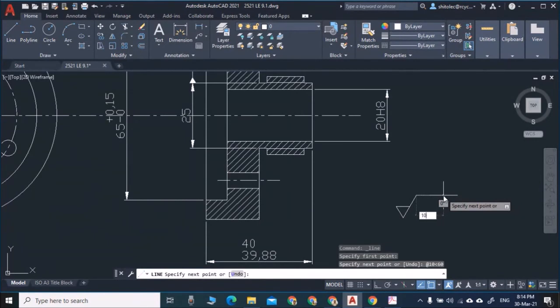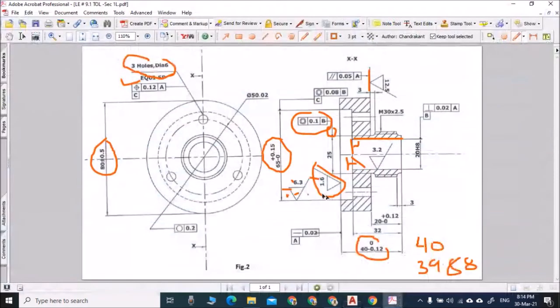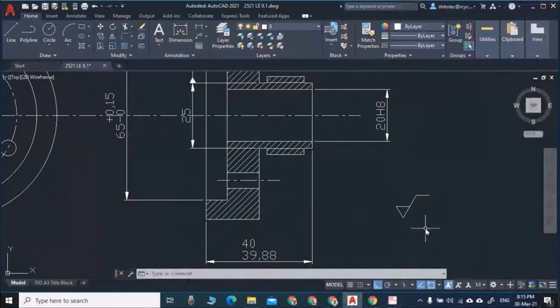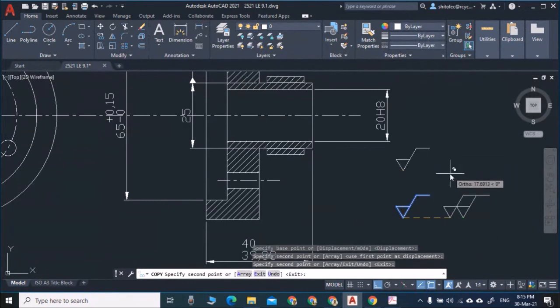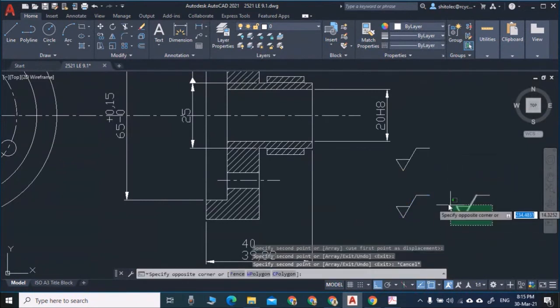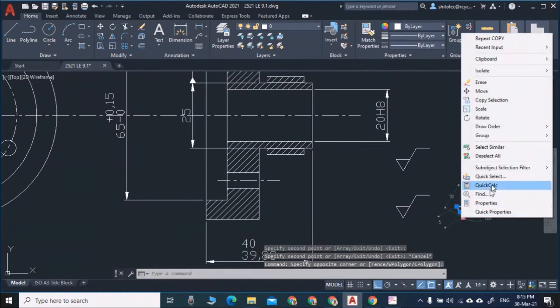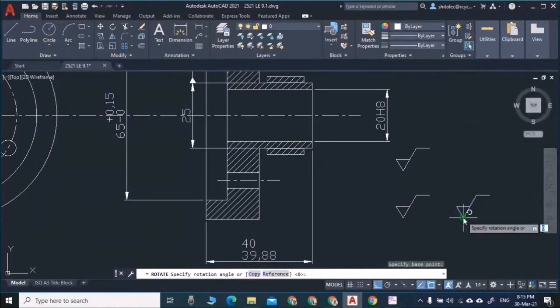See now, and horizontal also again 10. This arrow, I need this, and I can make this arrow vertical, rotate, about how it is asked of you. Here it is horizontal, here it is vertical. So I can keep this arrow like this arrow with the 2 or 3 options, like one copy here, copy selection from here, and I will paste it here, and one more here, and I will rotate it in the opposite direction. So select this and right click, rotate, and about this base point rotate like this.